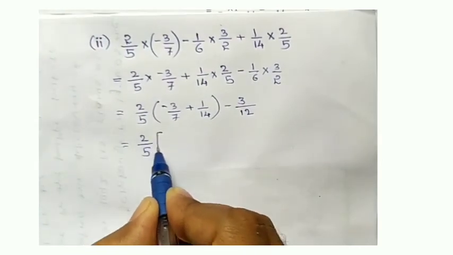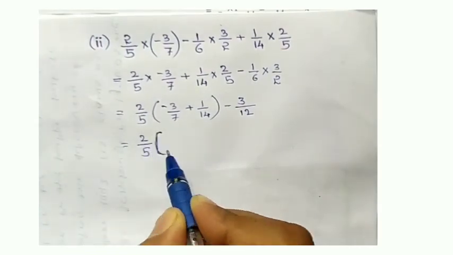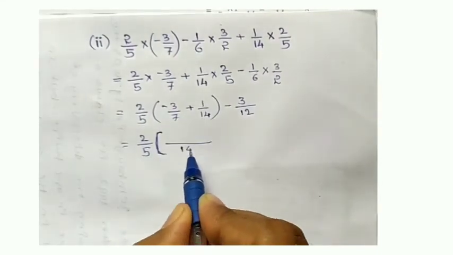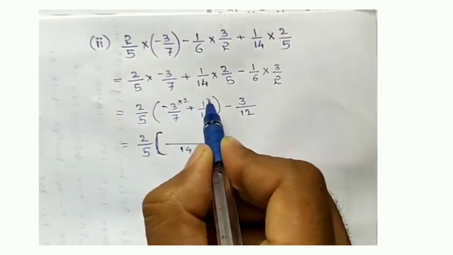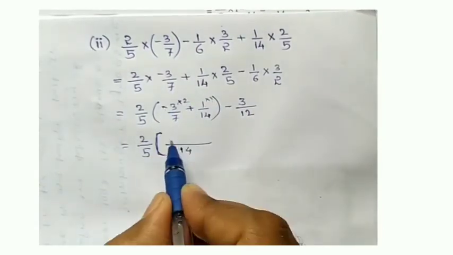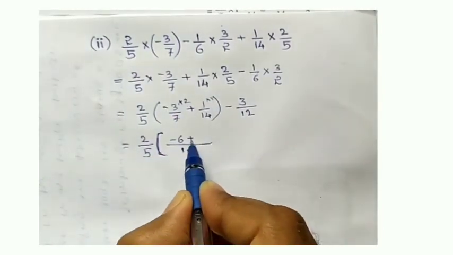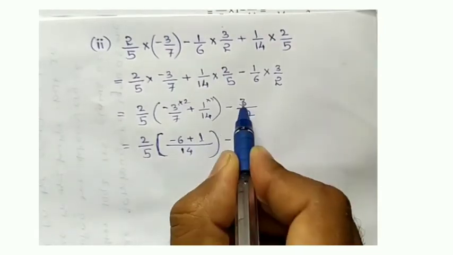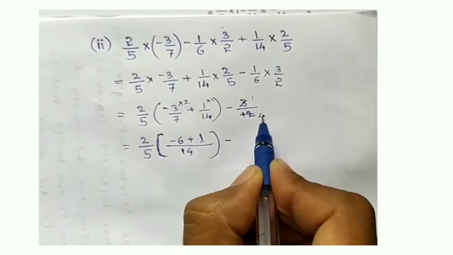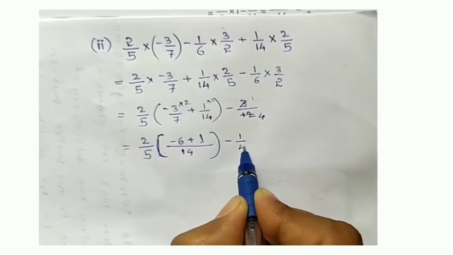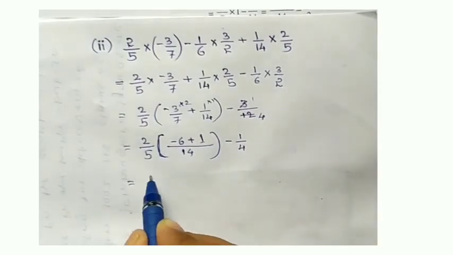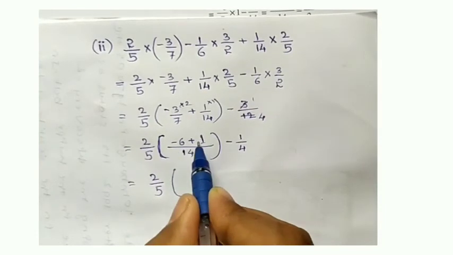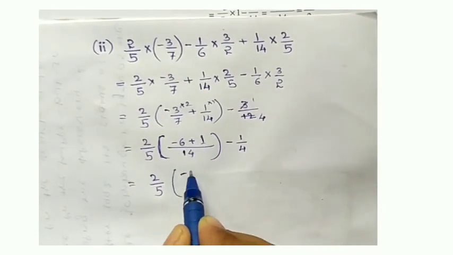And now whatever they have given in the bracket, try to solve that. Here 7, here 14, so the LCM will be 14. 7 twos are 14, 1 one is 1. Minus 3 into 2, minus 6, plus 1, that is minus 5. So here minus 3 over 14, and the other term 3 by 12 becomes 1 by 4. Now 2 by 5, so here minus 6 plus 1, so we will get minus 5